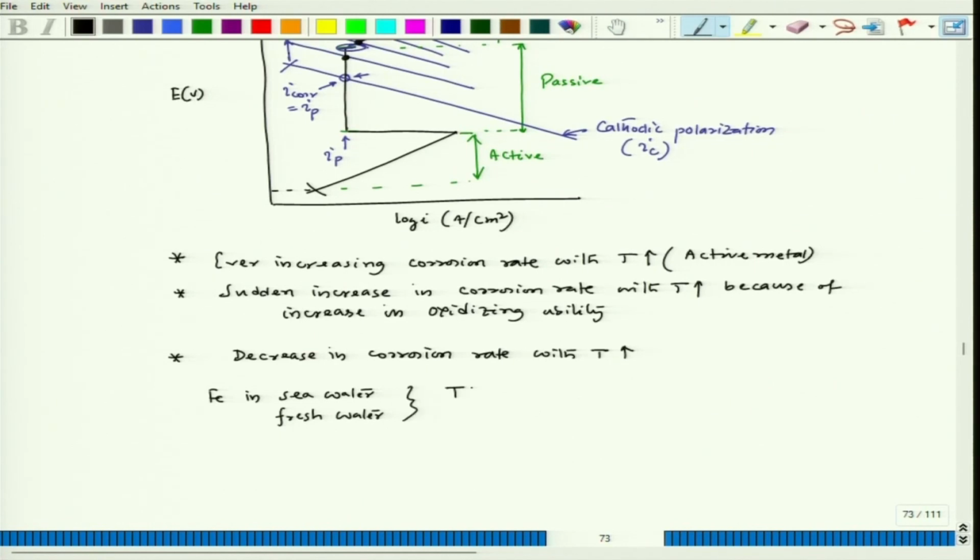So, with increase in temperature, dissolved oxygen is removed actually. As temperature increases, dissolved oxygen